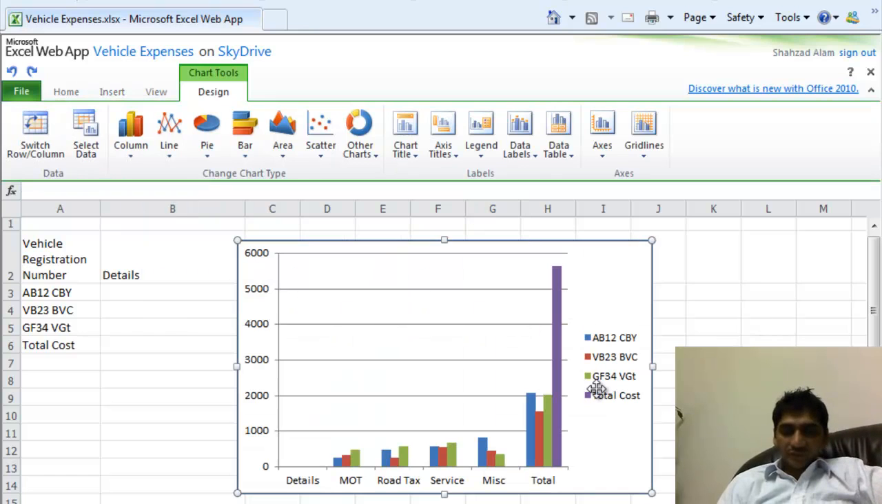So over here, this also gives the vehicles with different colors. AB1 to CBY is this color, this one is red, this one is green, and the total cost is this. Okay, so now it shows that this green one costs more in MOT here,